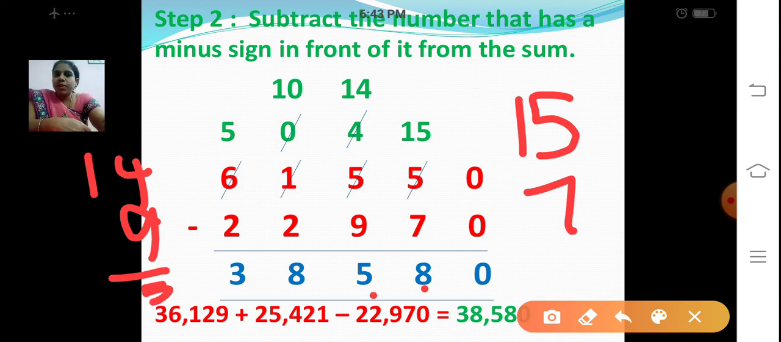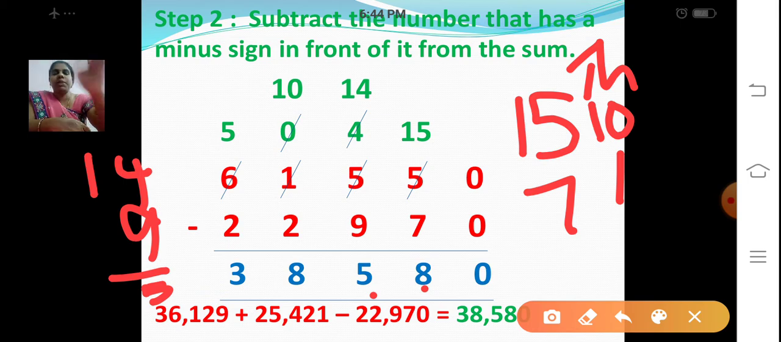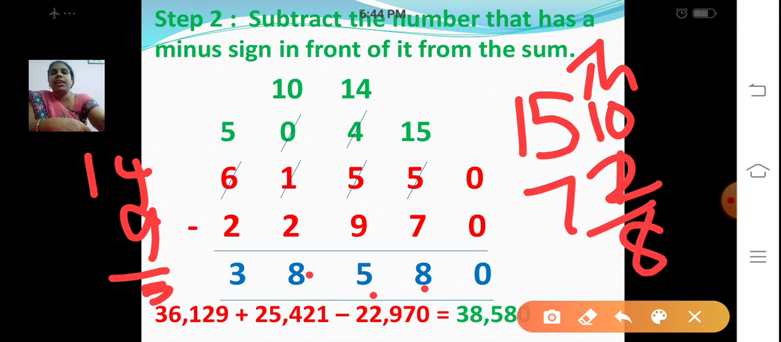It is 5. Now let's subtract the thousands place. 0 minus 1 is not possible. This is the thousands place, 0 minus 1. So borrow from the 10,000 place. My 10,000 place will become 5, so the thousands place will become 10. 10 minus 2 is 8. Write it down, 8. Now let's move on to the 10,000 place. 5 minus 2 is 3. After 2, 3, 4, 5. So my answer is